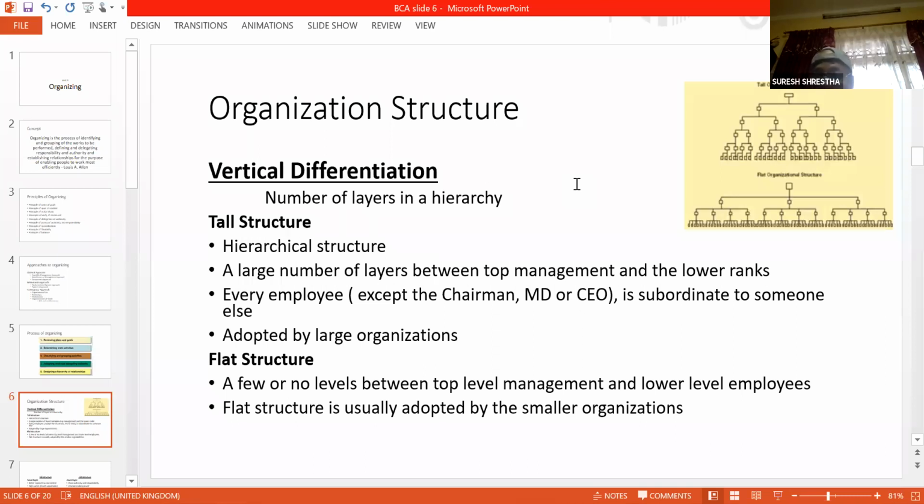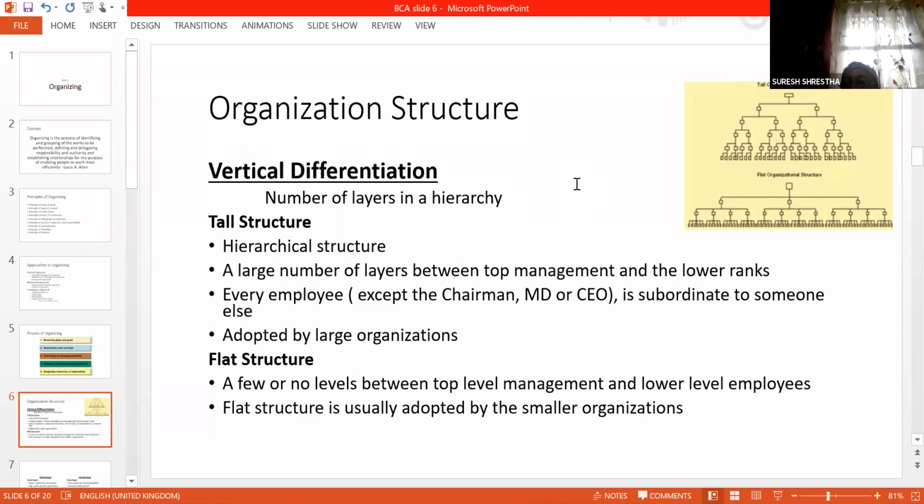Manish. Yes, sir. In vertical differentiation, if there are number of layer in the, or there are number of hierarchy, then it is said to be vertical. If there are not much hierarchy, then it is said to be flat. Yes, so that is the vertical differentiation. You can have a flat structure or you can have a tall structure. So that is